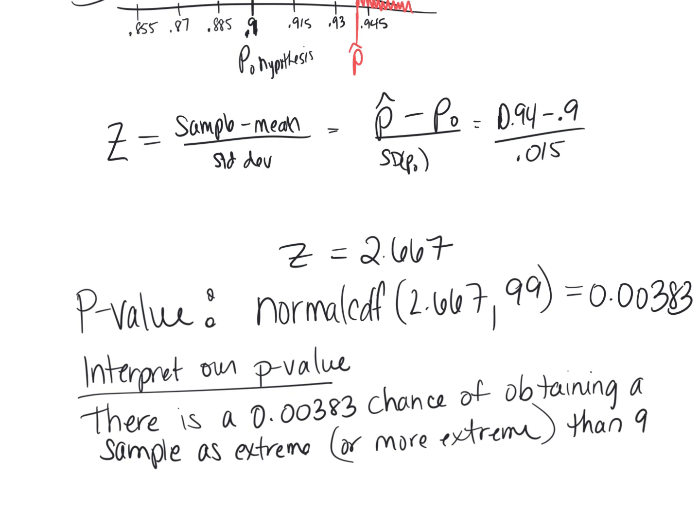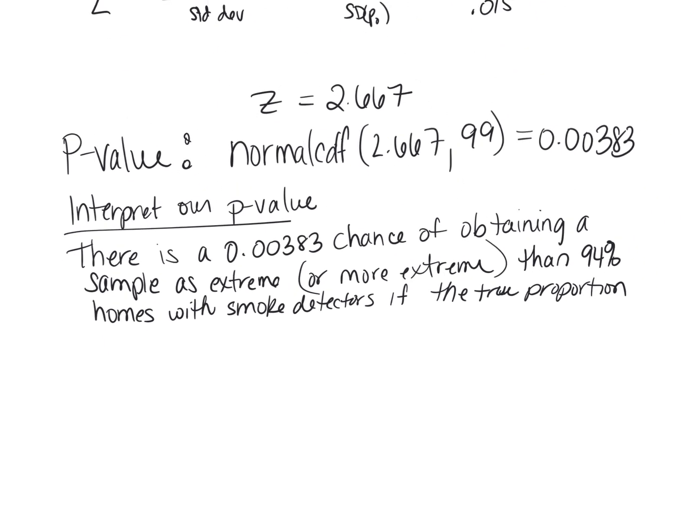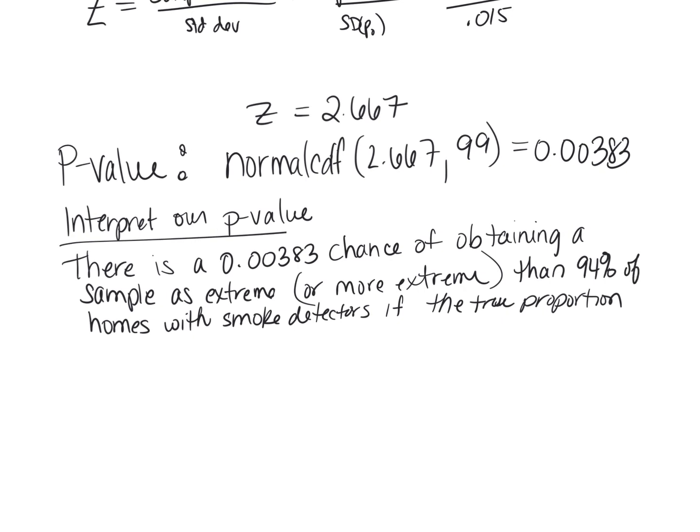Then 94% of homes with smoke detectors, if the true proportion, maybe of homes with smoke detectors, that sounds a little better. The true proportion is 90%. Okay. We calculated the probability of getting a sample of 94% given the population proportion is the 90% that they